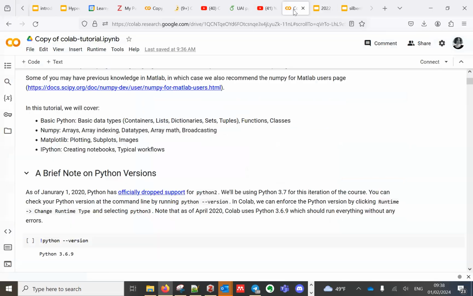So about the basics of computer science in Python, we will all need to work with something called a NumPy array, array indexing, and data types. Have you heard about the basic data types?